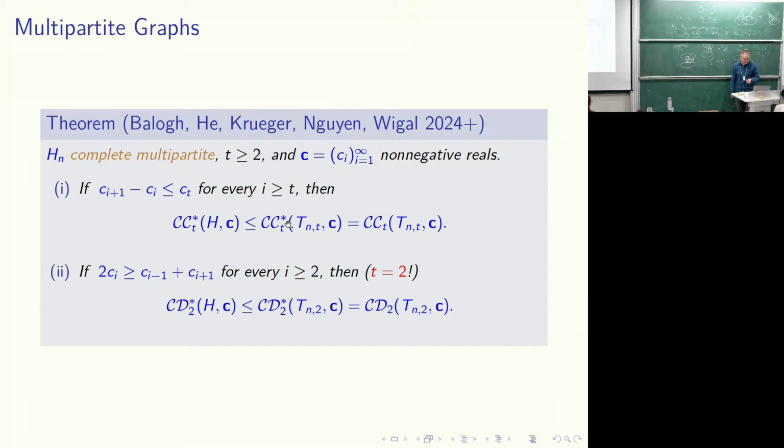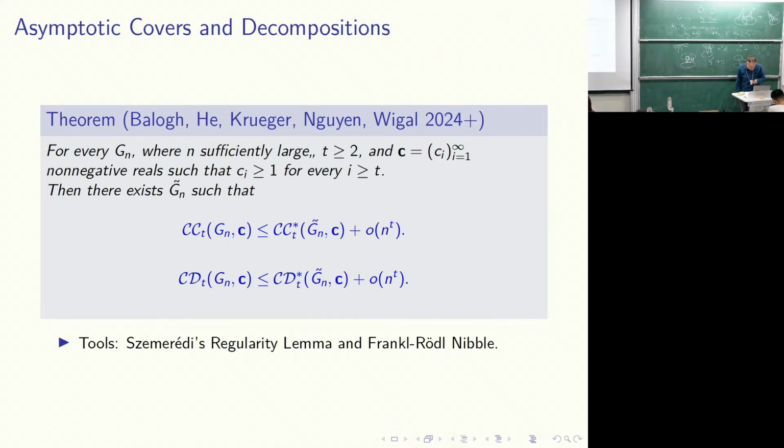We could do it only for the triangle case, but this is the case where the Erdős conjecture was, so that's also lucky. But for larger T, we couldn't say that among the complete multipartite graphs, the Turán graph is the optimal. And there needs to be an additional step to prove an analog of the